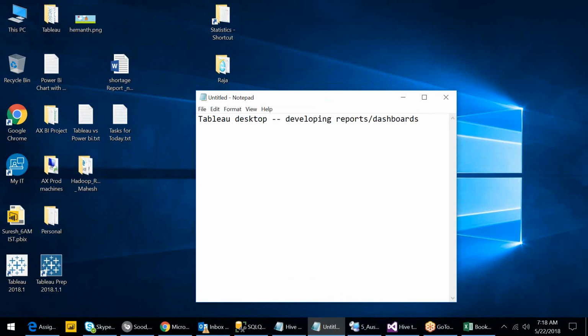Generally, what we can do from the Tableau Desktop tool is this. First, we need to connect to the data, because we are just reports and dashboards developers. We are reporting developers. We are not data developers, correct? We are not generating the data. We are consuming the data,